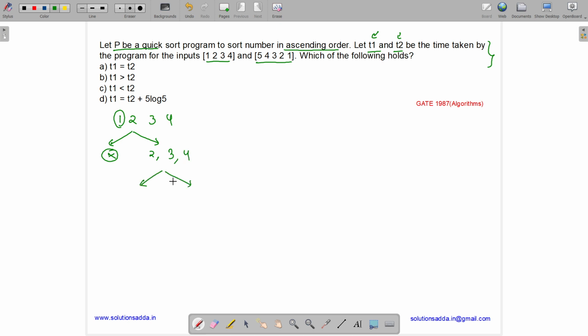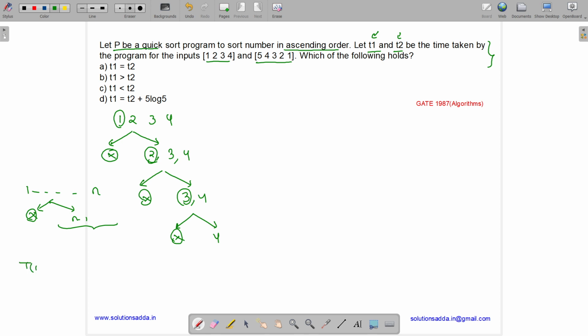Then again the leftmost element 2 will be taken as pivot: less than 2 nothing, greater than 2 are 3 and 4. Then 3 will be taken as pivot: less than 3 nothing, more than 3 is 4. Now here it will end. So what happened when we have 1 to n? Nothing will come on the left and n minus 1 items will come on the right, and again it will continue.